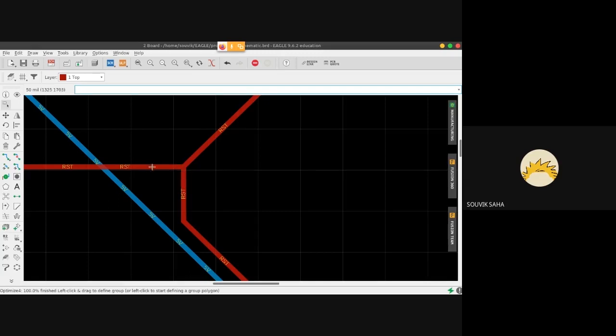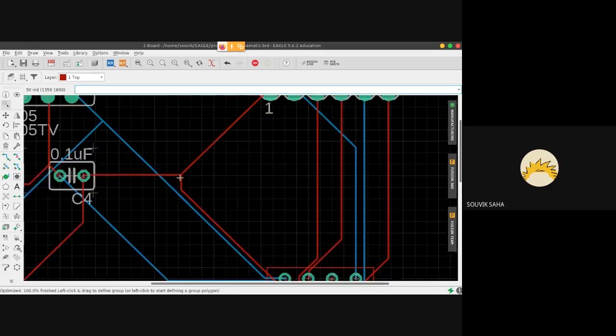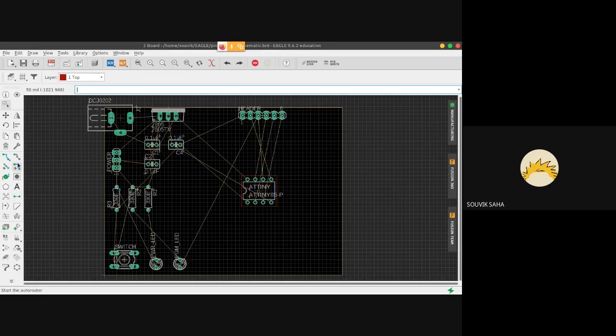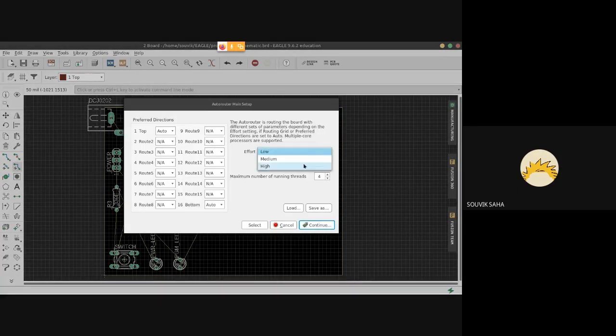If you have some kind of high frequency application, then right angles cause all kinds of havoc and chaos. They can act as antennas, pick up signals from your vicinity, and just ruin the output of your circuit. So it is never recommended to use auto router, however tempting it might seem. Even if I make it high effort, let's see how it